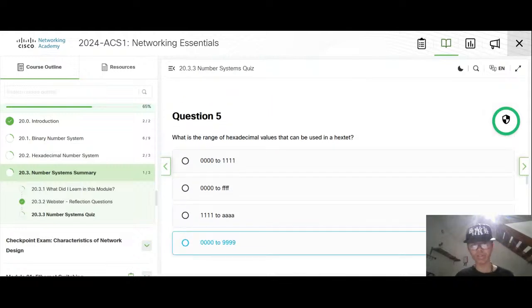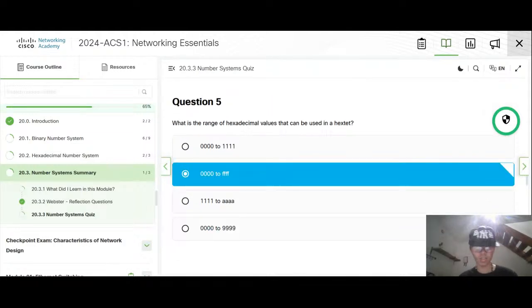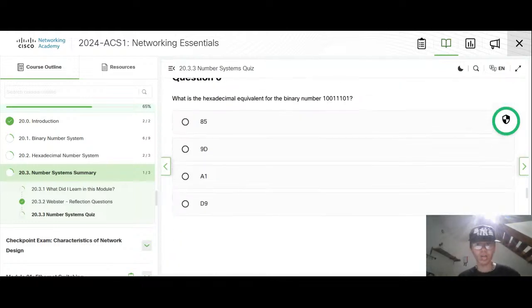What range of hexadecimal values can be used in hexdent? Okay, so hexadecimal is this one is 9. No. 8 and 1 is 9, so it's 8. It's 9. Maybe I'm wrong.